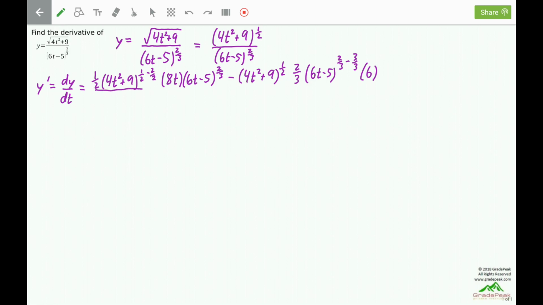All of this divided by the denominator, 6t minus 5 to the 2/3, denominator squared. So y prime, or dy dt, will be